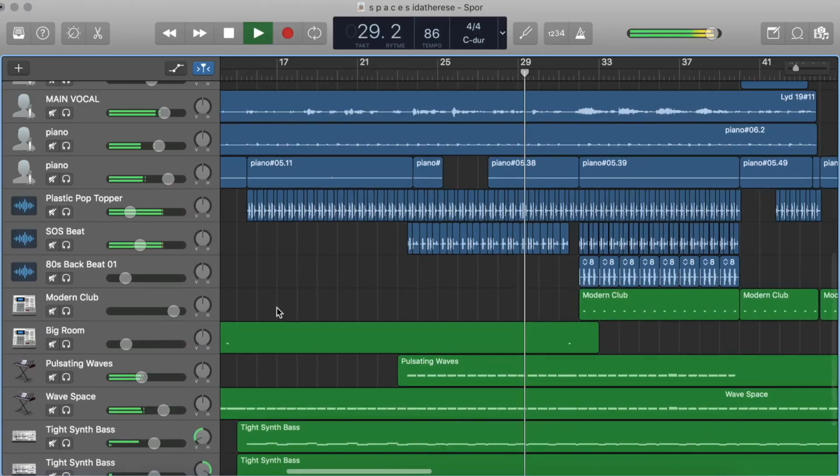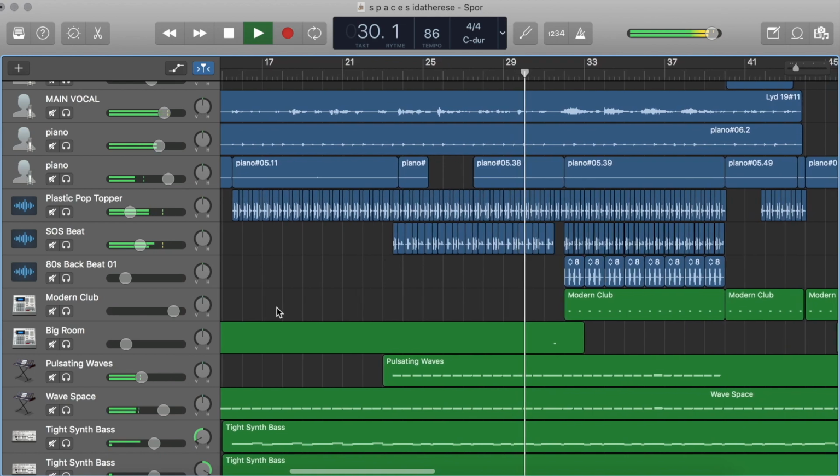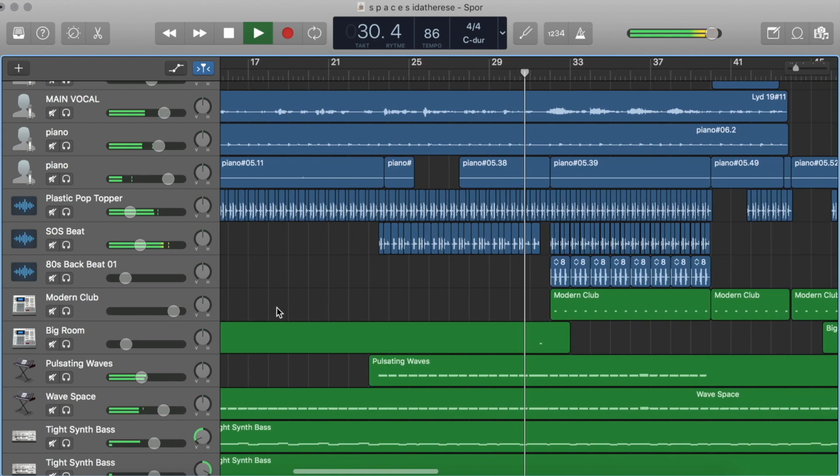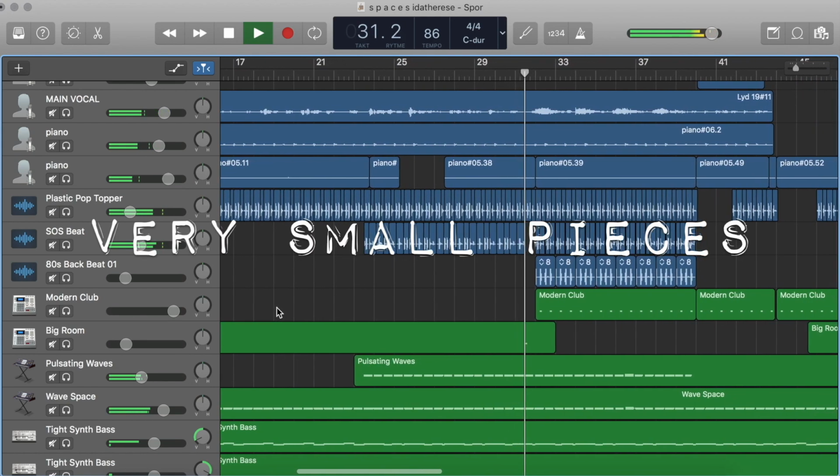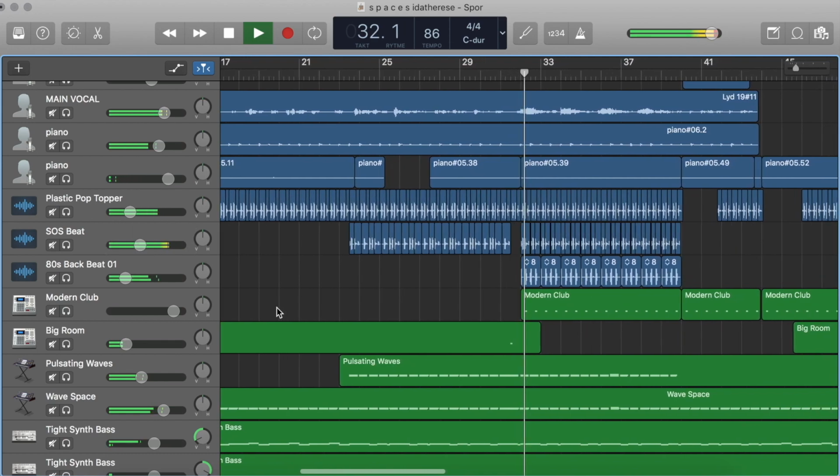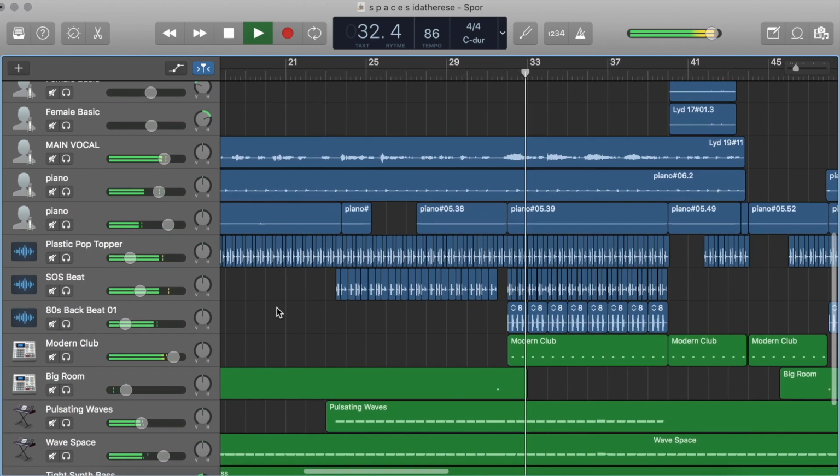But yeah, I recorded vocals through this microphone, and I made some MIDI drums, also using GarageBand and keys on my laptop. And GarageBand also has some drum loops that you can use. So what I do is that I take these loops and then I cut them into little pieces, and I puzzle them together in a different way so that it doesn't sound completely like the actual loops from GarageBand. I like to make them my own.